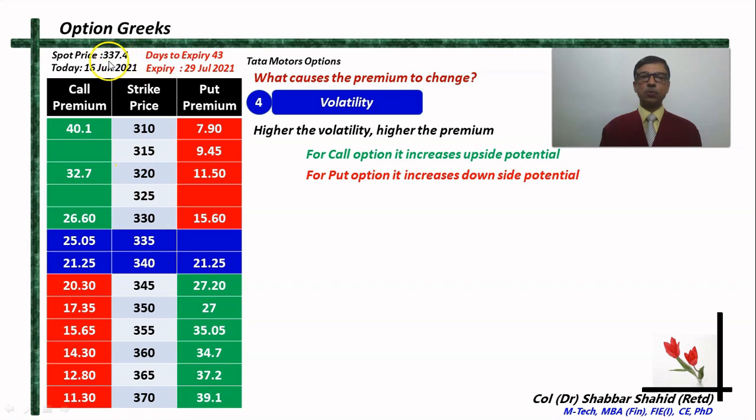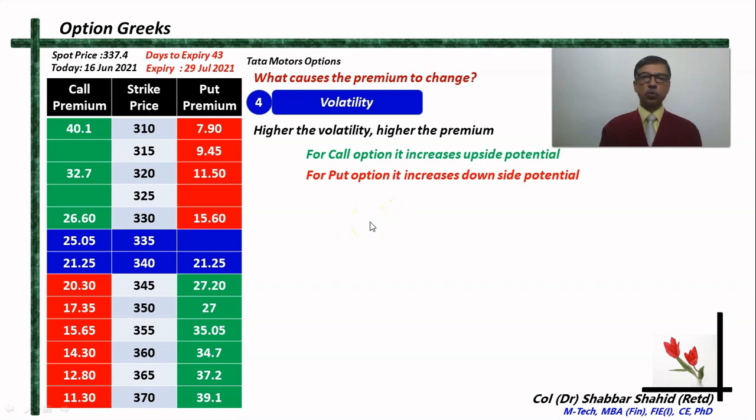Does it become 325 on the lower side and 345 or 350 on the upper side? Or does it remain just close to 337 only? The more close it remains to this price, the less volatile it will be. The more the variation between the minimum price during the day and the maximum price during the day, the more volatile